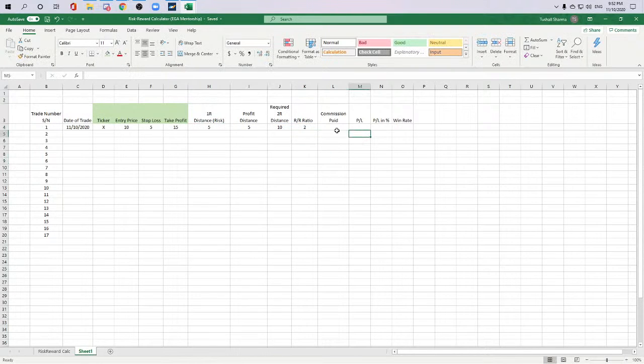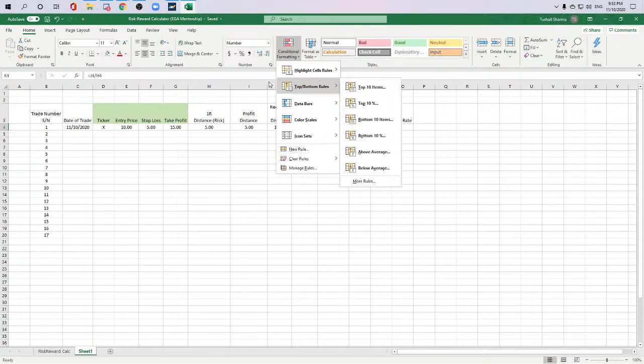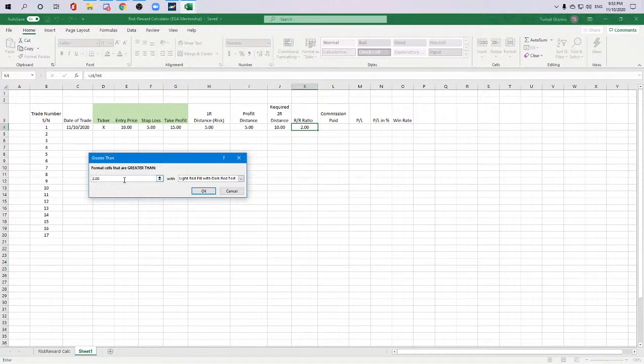right? Okay. Now, if you want to go an additional layer here, first of all, you can add decimal points to these, make them 2 decimal places. Now, you can add conditional formatting to this cell, right? And what you can do is tell Excel that if this number is greater than 2, then you should fill this with a